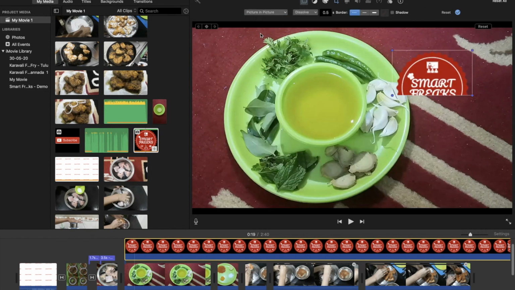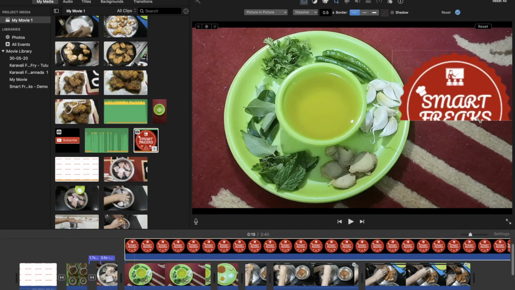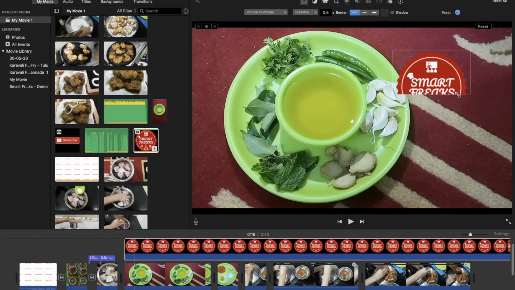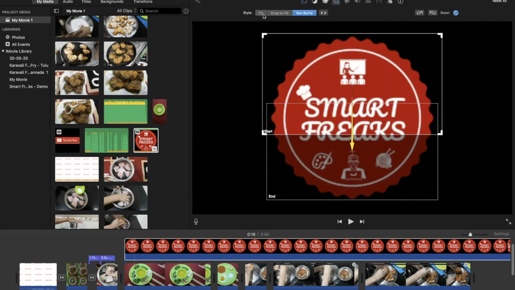Once you select picture in picture, now you can see your SmartFreaks logo is actually half cut, because by default it will be in the Ken Burns effect. What you can do is select an option, a style, basically fit. Even crop to fit doesn't work.